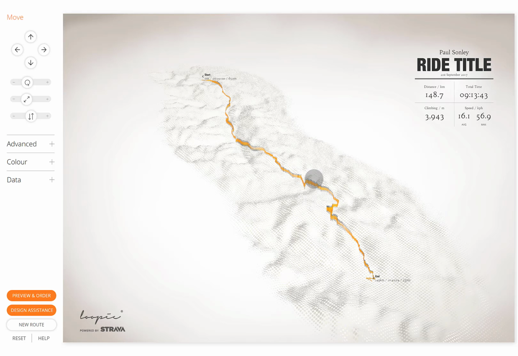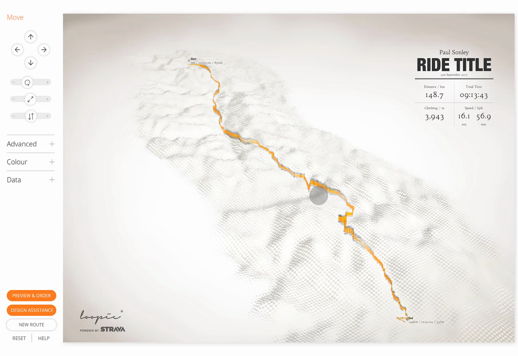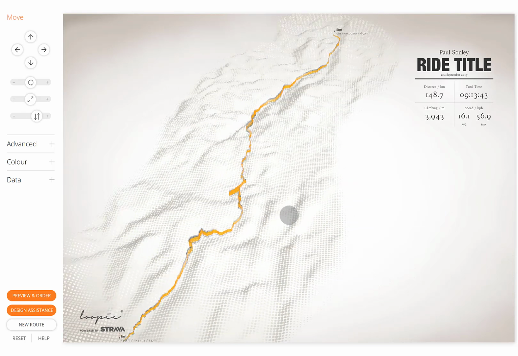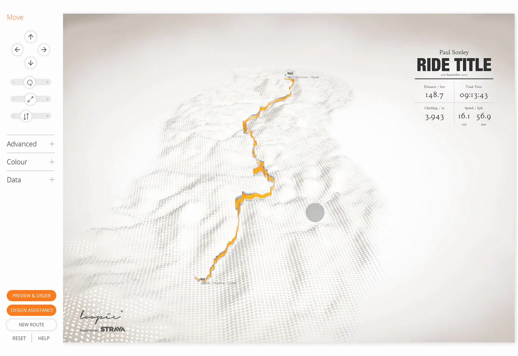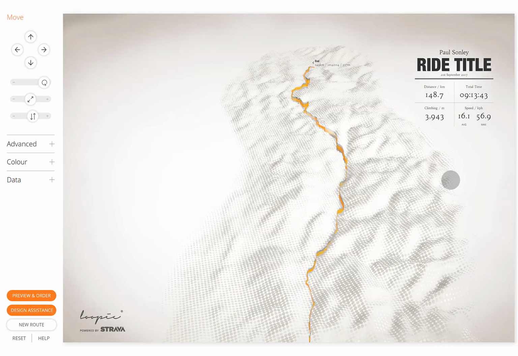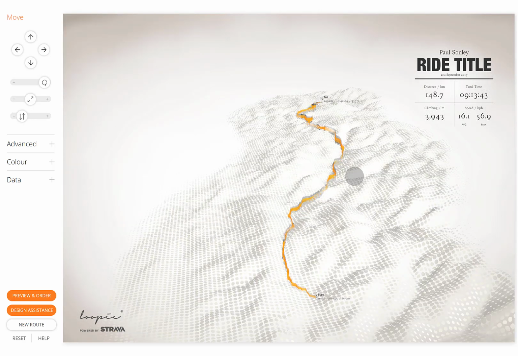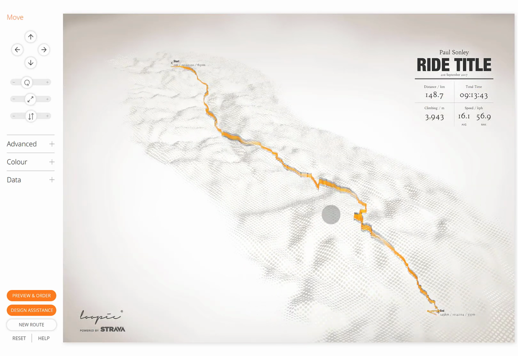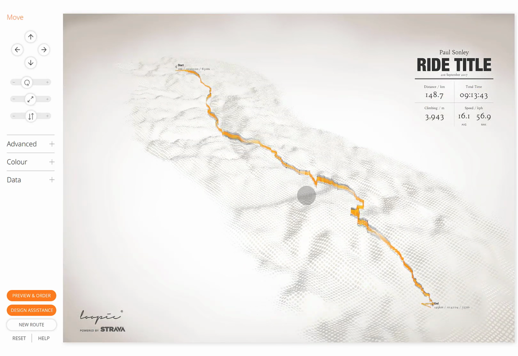So the other technique for these straight line routes is to have a very dramatic foreground and background. So the way we do that is just zoom in, and then in this case the end of the ride, there were a few more kinks and bumps, so it'd be nice to have that in the foreground, because if I just rotate that around, you'll see it's slightly less interesting at the beginning of the ride. So let's stick with these climbs,